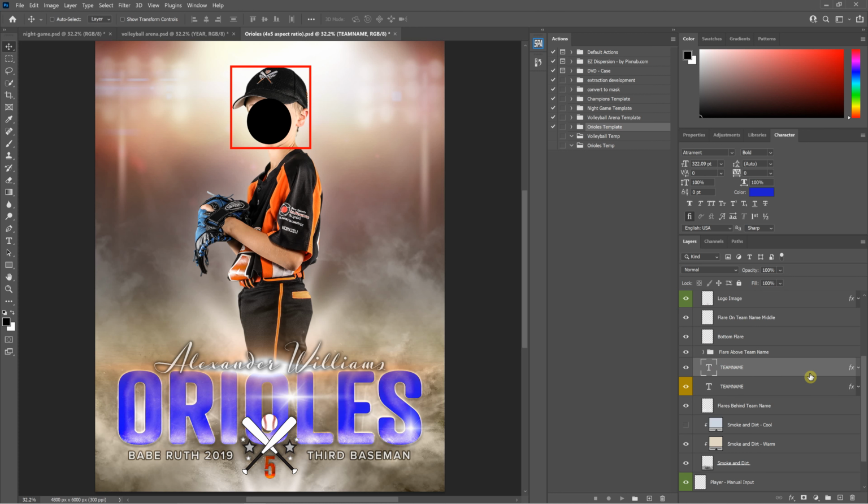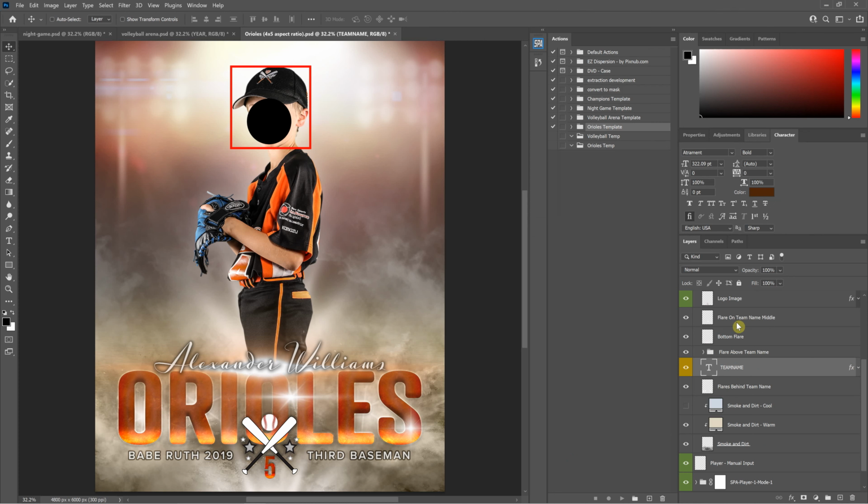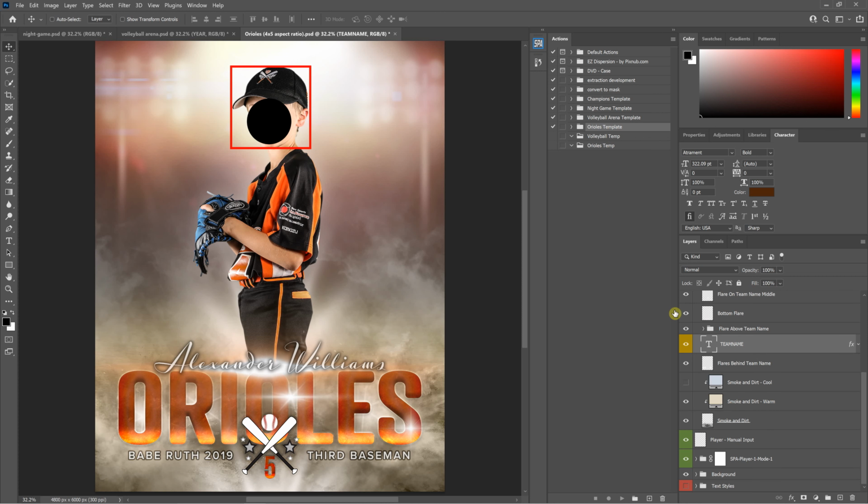So what we have to do is, instead of doing it that way, there's actually two ways it could be done. One way is you could record your action to actually go in and edit your layer style. I don't like doing that for a couple of reasons, but the main one is that if you ever want to change the look of your style, you have to remake your actions. And so I don't like that method because of that reason. So the method that is the best is to